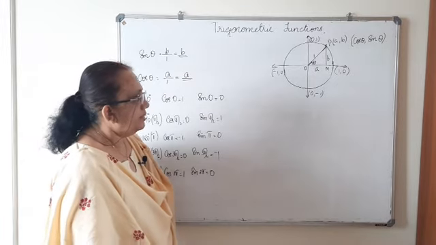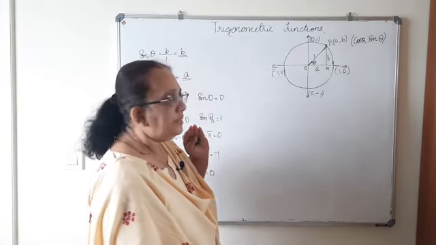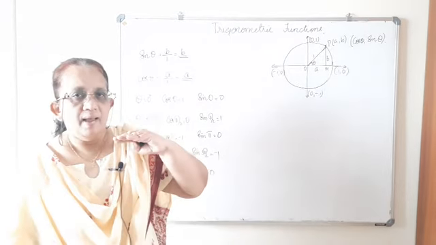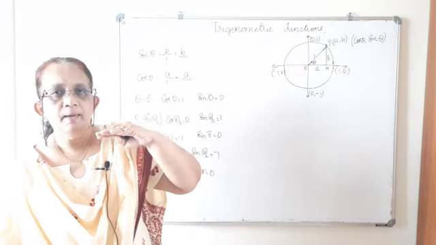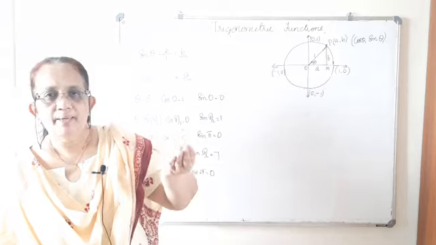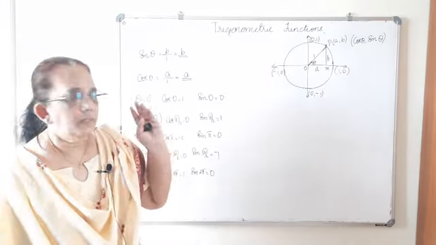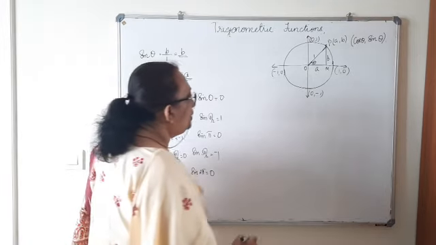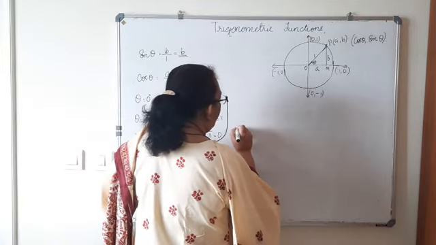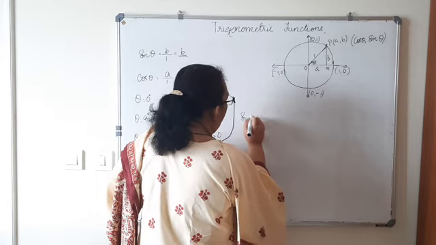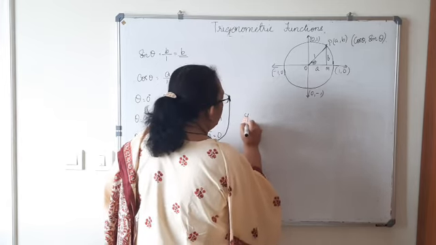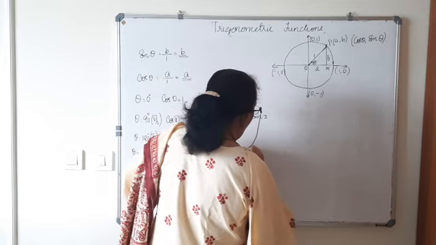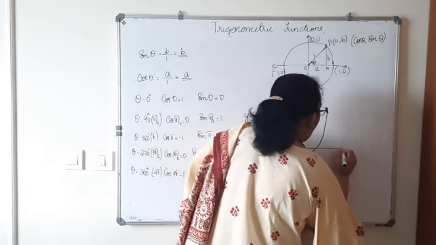You can see that the value of sin theta and cos theta varies, the range of the values varies between plus 1 and minus 1, whereas the domain can take any real number. So when you plot the graph, the sine graph y is equal to sin x, when you plot the graph of sin x,